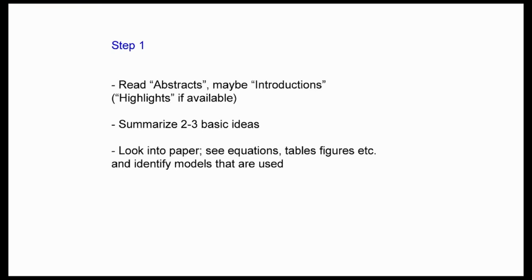So read abstracts, maybe introductions, but not more, not at the beginning, okay? Because you need to become familiar with the literature, and after that you can look into the details. Just summarize the 3 basic ideas I mentioned before, and then you can identify the models that are being used. Maybe there is an autoregressive process here and there. You would recognize it already. Then you can check the equations and see what kind of empirical